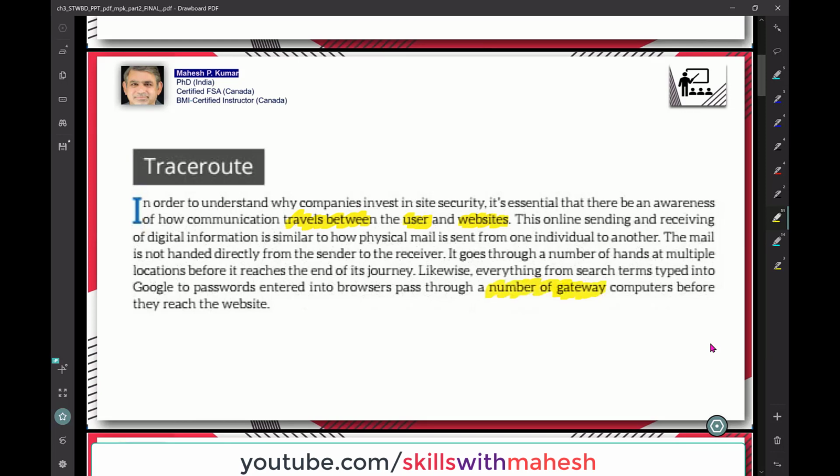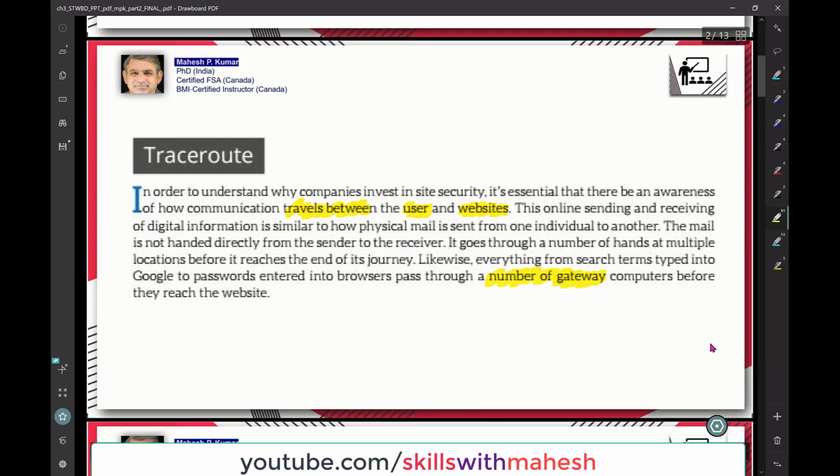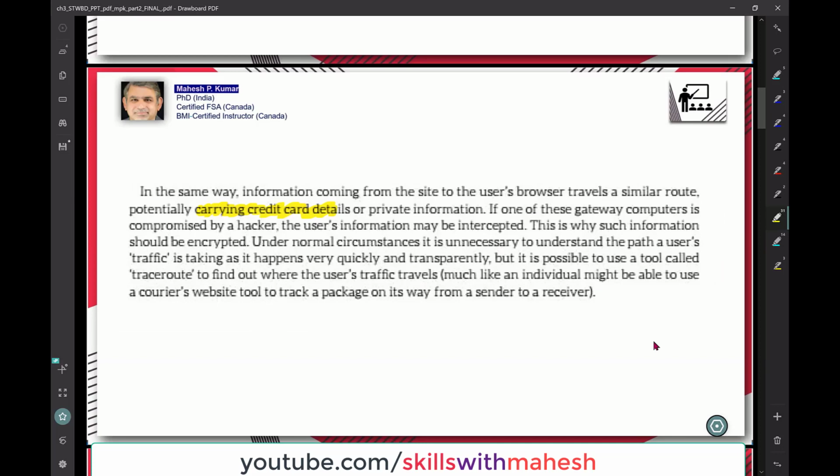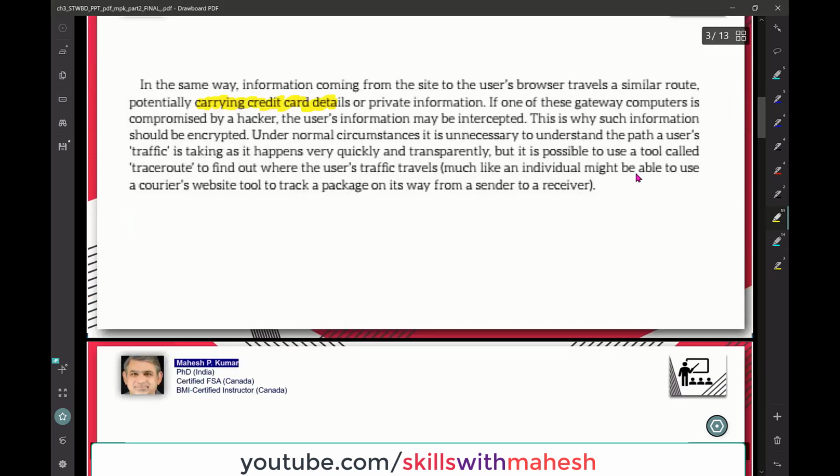And we never knew that actually. So let us understand how it works. That is an amazing thing, right? Our information is traveling over the internet, and this information may even relate to a credit card. And if one of the computers is compromised, its security is compromised, then it may be hacked by a hacker. And we will actually physically see that in a live environment.